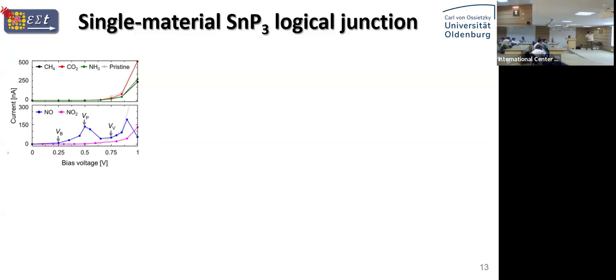So what we essentially see here is that type B molecules have a significant change on the transmission of our device. Sorry, I forgot to mention that the gray one here, I don't know if you can see it on this color contrast, is the pristine device transmission. You can see that the CO2 has very similar or no effect, but the other two molecules have a significant effect, even in this case.